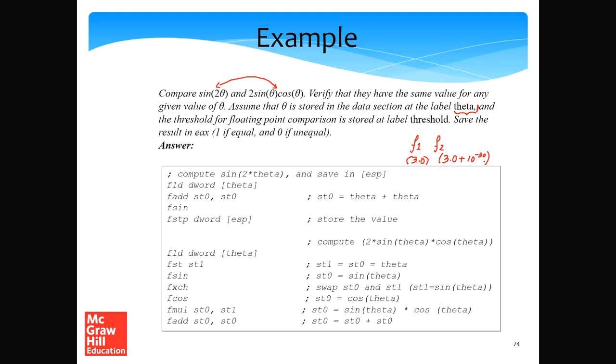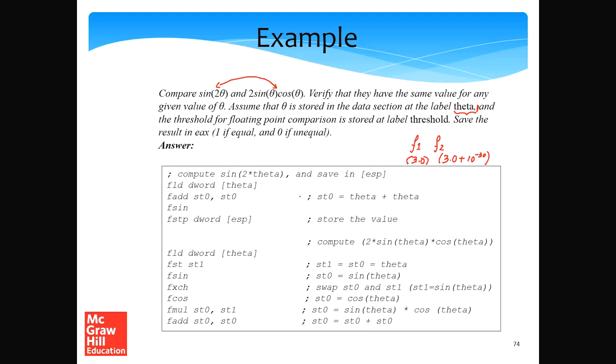not have enough bits to specify 3 plus 10 to the power minus 30. So we might not have that precision that is required to specify f2, and as a result the hardware might compute f1 to be equal to f2. This is theoretically not correct, but real number arithmetic is always inexact. So the best way and the standard